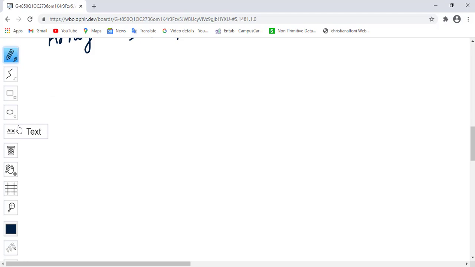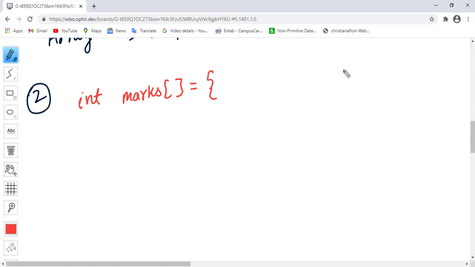Now there are other ways of creating and initializing the arrays. Let's see the second method. You can create it like this: int marks brackets equal to, and now within curly brackets you can write the values that you want to store in the array.